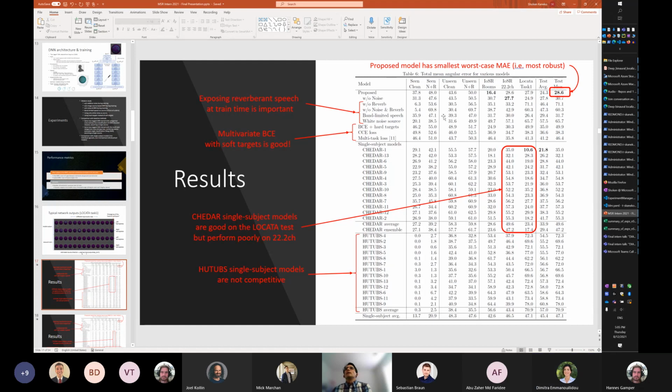Yeah, that's true. In the case of training without reverb, for example, that difference is pretty big. So in this case, I think the model is sort of overfitting to the clean train data. But in other cases, it's not that overfitting. I'm not sure if we can call this underfitting, but